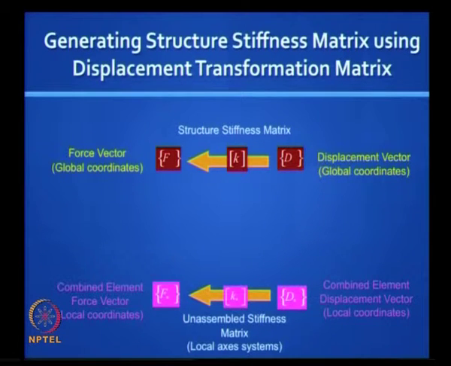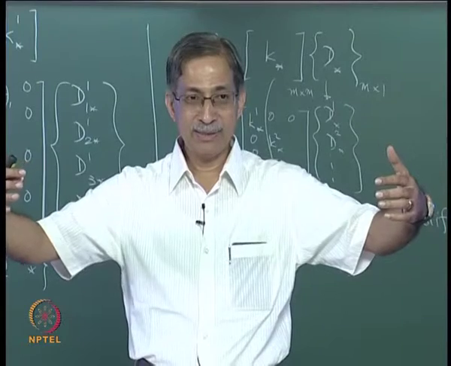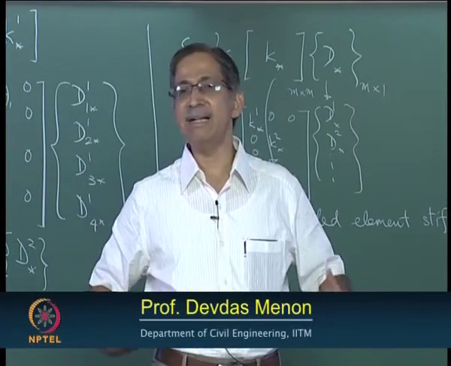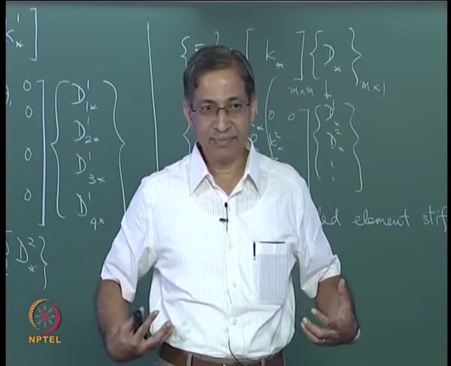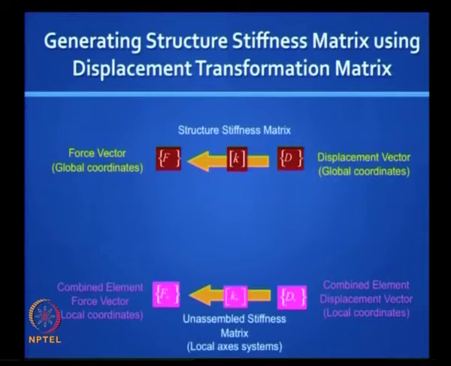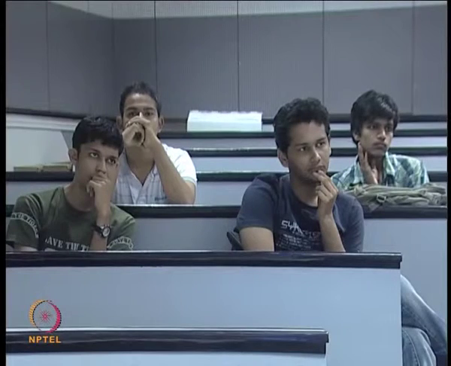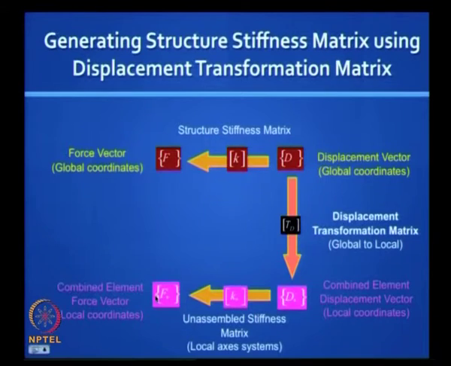On one side the goalposts will have the structure level coordinates, on the other side I have all the element level coordinates put together in an unassembled manner, but all of them are there. Then my Td will take this path, right, because d star is Td into d. I have not partitioned dA dr, but you can do that. Is this step clear from here to there? Is this step clear from here to here? This is your conventional stiffness matrix.